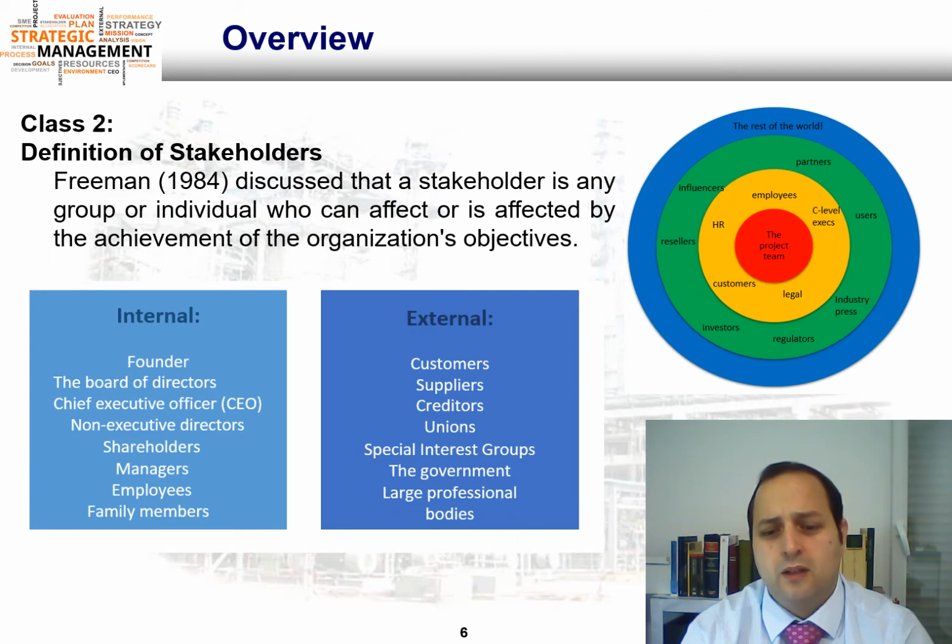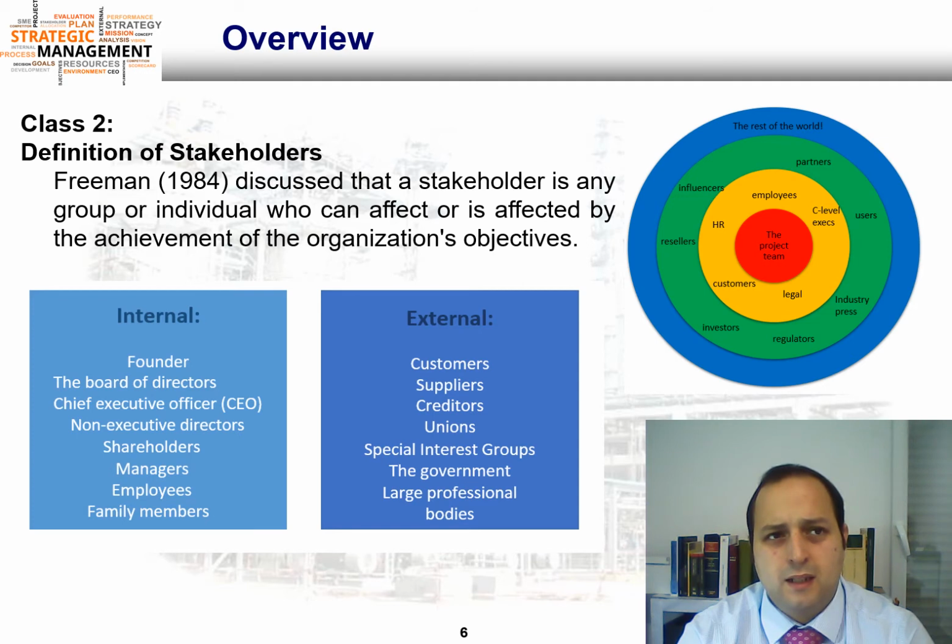As we have seen, one of the things that has influence over the strategic purpose of a company is the stakeholders' expectations. And of course, in class 2, we spoke about the meaning of stakeholders and how to classify their expectations. The best definition of stakeholders was made by the creator of the stakeholder theory, Freeman, who said that a stakeholder is any group or individual who can affect or is affected by the achievement of the organization's objectives. It is everyone who is around the company.